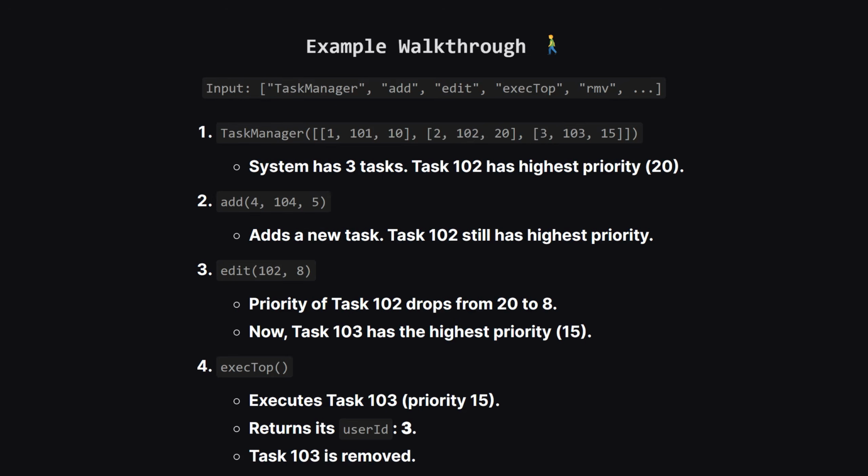Okay, let's trace the example to see how this works in practice. We start with 3 tasks. The one with task ID 102 has the highest priority of 20. Then we add a new task, but its priority is low, so task 102 is still on top. Now things get interesting. We edit task 102 and drop its priority way down to 8. Suddenly, it's not the most important anymore. The task with ID 103, with a priority of 15, is now the top task. So when we call execTop, the system correctly picks task 103, removes it, and returns its user ID, which is